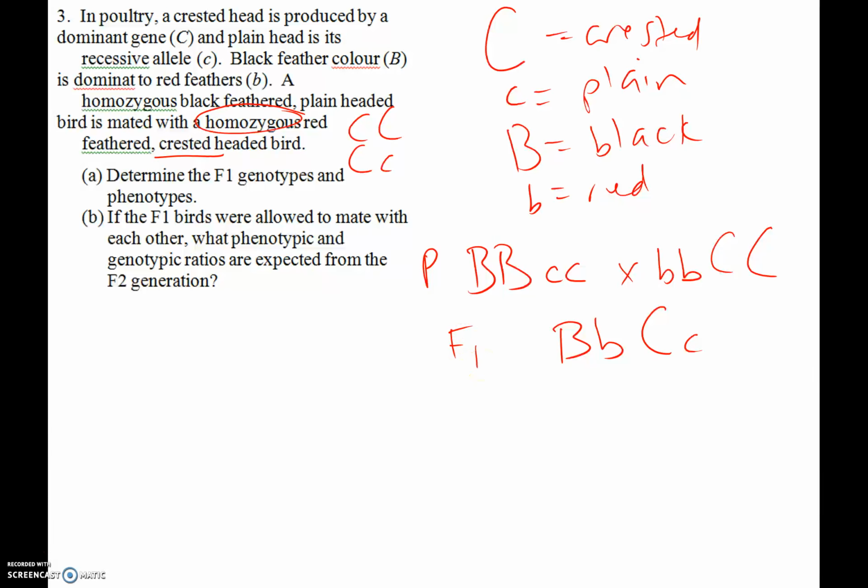And now for B, if the F1 birds are allowed to mate with each other, what phenotypic and genotypic ratios are expected from this generation? Well, we've kind of already learned when you cross two parents that are heterozygous for both traits, you're going to get a 9 to 3 to 3